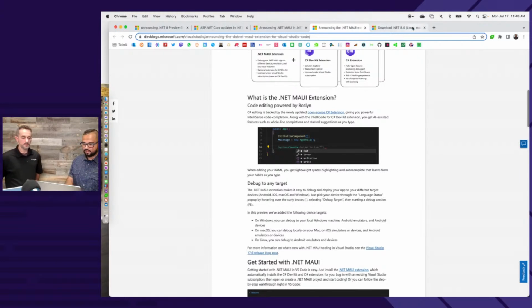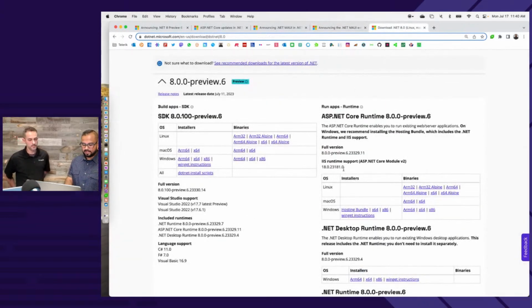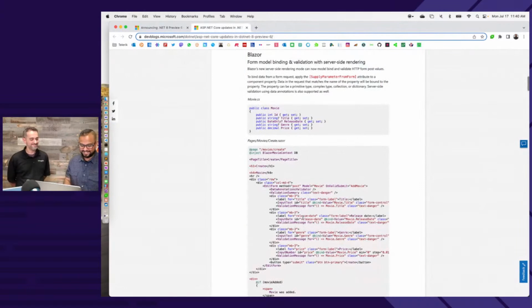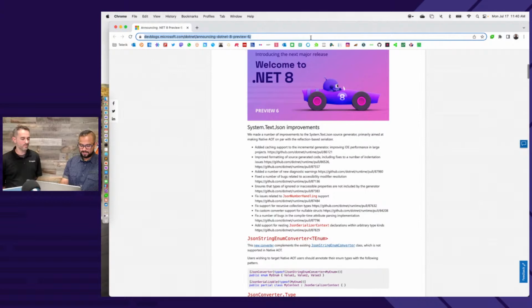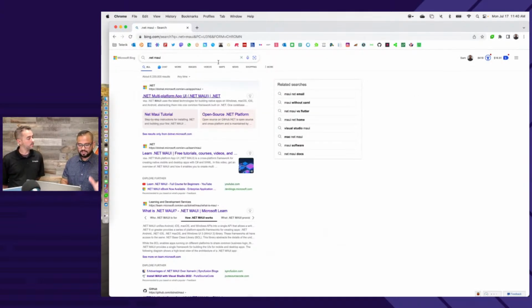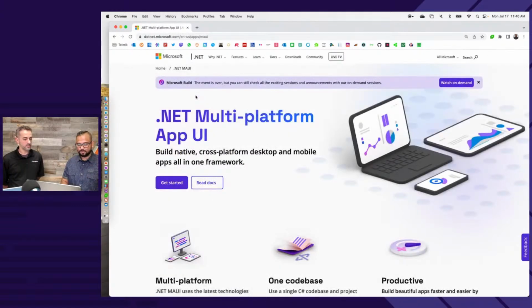A lot of things going on. But the thing that I care a lot about with Blazor, I'm not a hardcore web guy like Ed is, but let me take you to .NET Maui docs, and it is just something that's mentioned lightly, but it just does open up a lot of the opportunities.